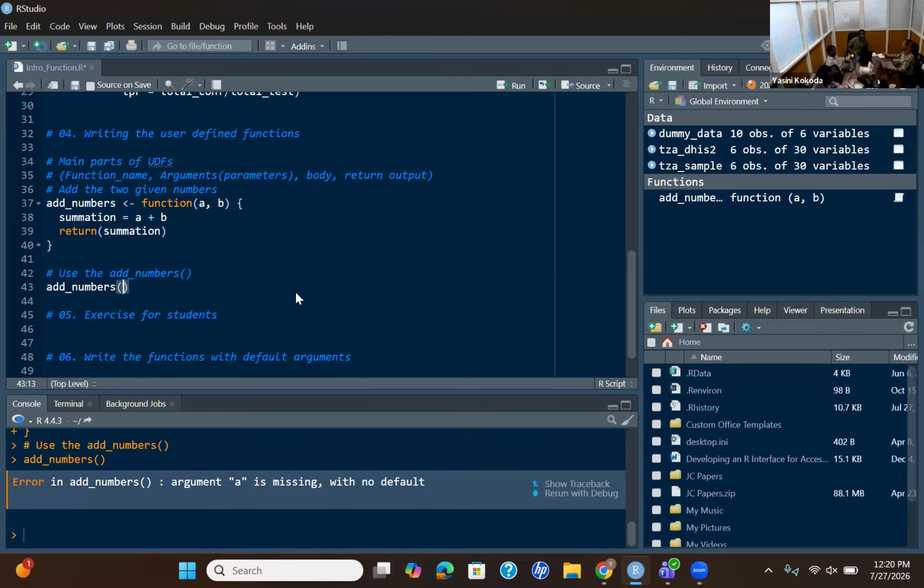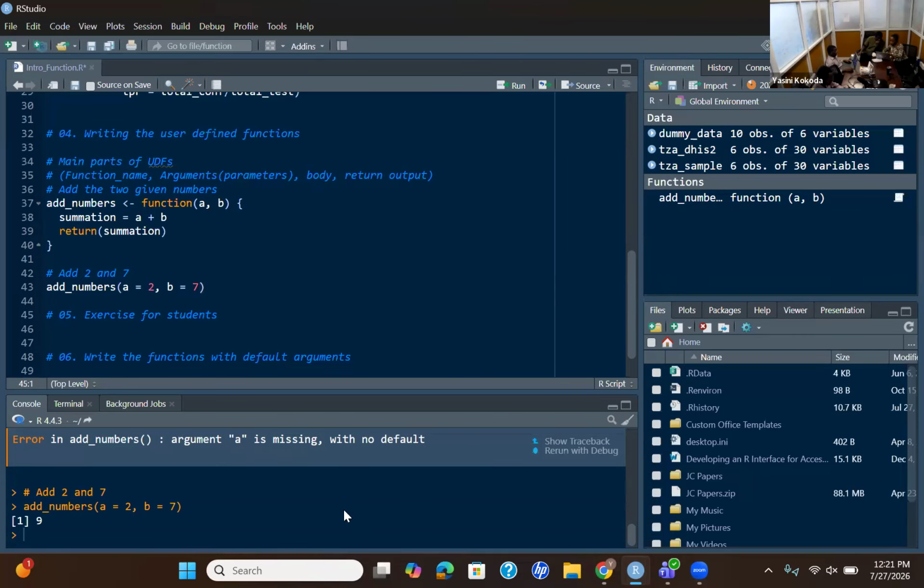You can explicitly say A equal to 2, B equal to 7. Let me change the comment here: add 2 and 7. If we run it, you get 9.